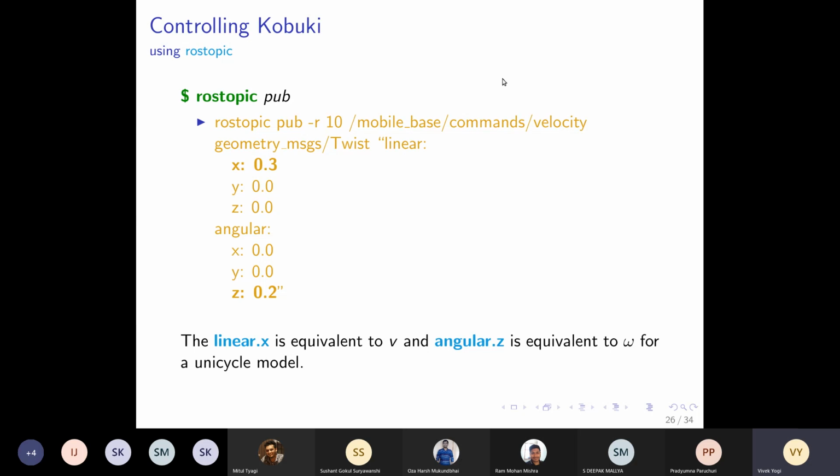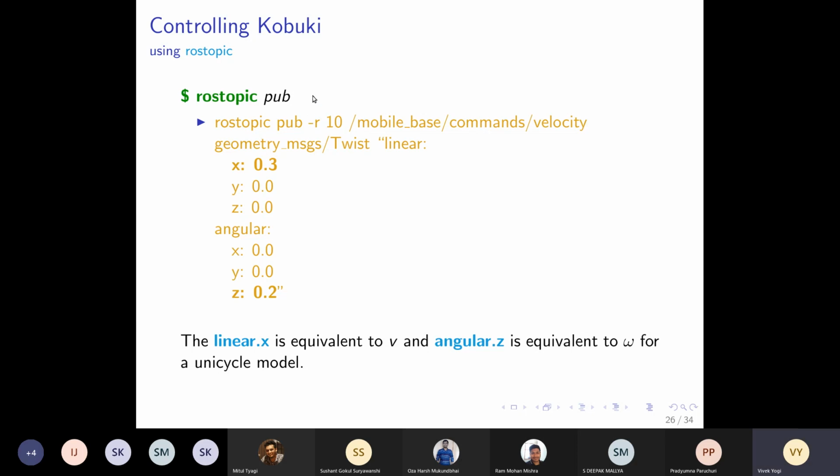And how do we do that? There are multiple ways of publishing a message. So we have understood that to control the robot, we need to publish a message. How do we publish a message? There are usually two ways, but there is a third one for this case. First of all, we can use our friend, the ROS topic command. As of now, we have seen four uses of ROS topic: ROS topic list, ROS topic info, then ROS topic echo, and now we are seeing ROS topic pub. This pub lets us issue a message from the command line.